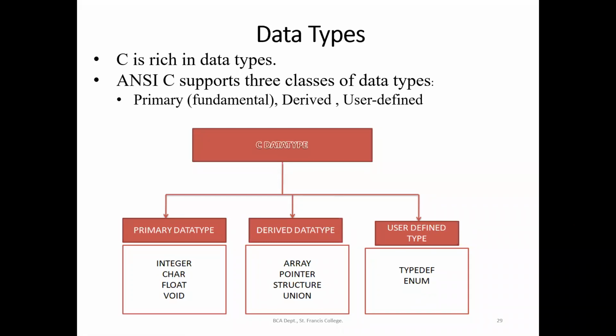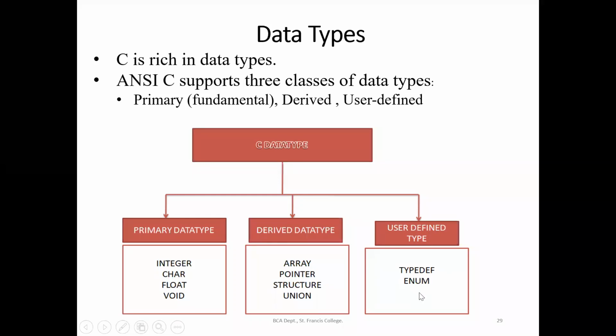So there are certain built-in functions in the C library. I can create functions also, right? That is known as user defined functions. If I am creating data types, that is known as user defined data types. So primary data type is the actual or fundamental data type, the only data type which is actually existing. From the primary data type, we are deriving the data types which are arrays, pointers, structures, and union. Again, if I want to create my own type of data type, I should go for the user defined data type using the keywords typedef and enum.